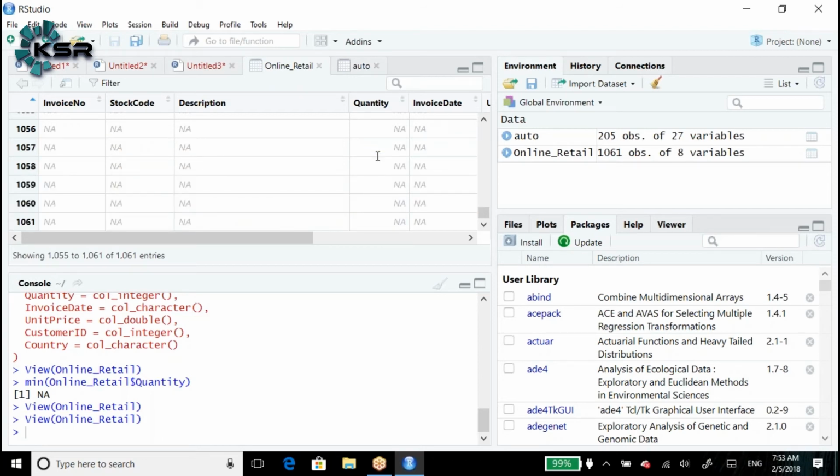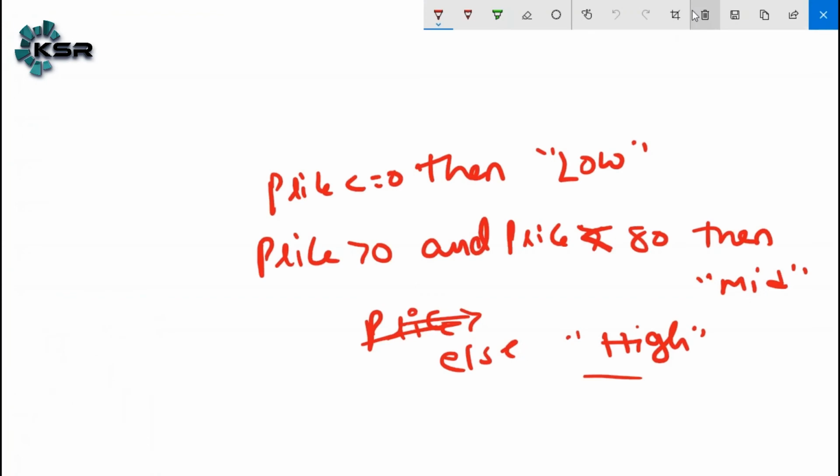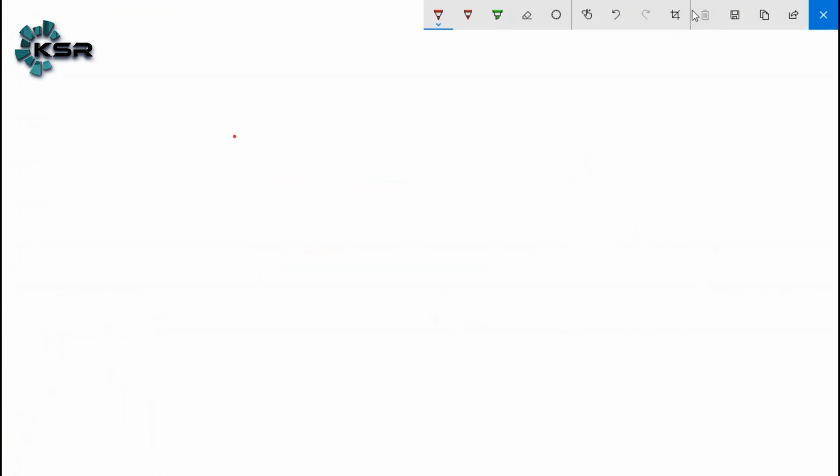So what we need to do, let's replace the missing values with some value first, then we will write the multiple conditions, or else we can write it like this. First write the quantity variable.